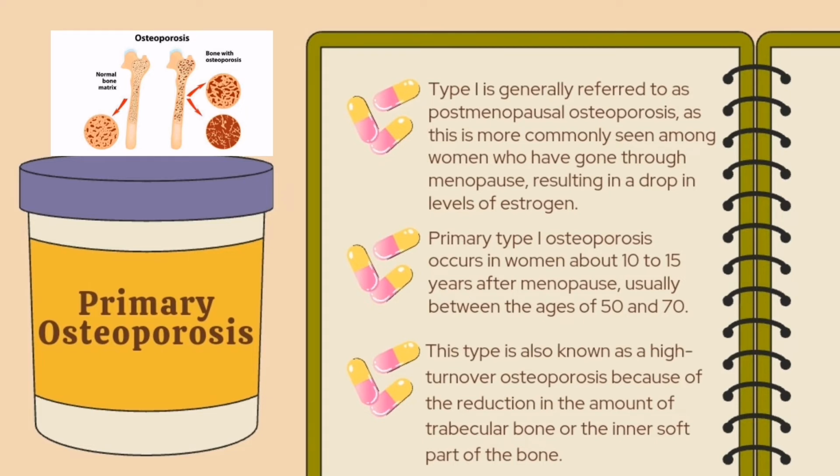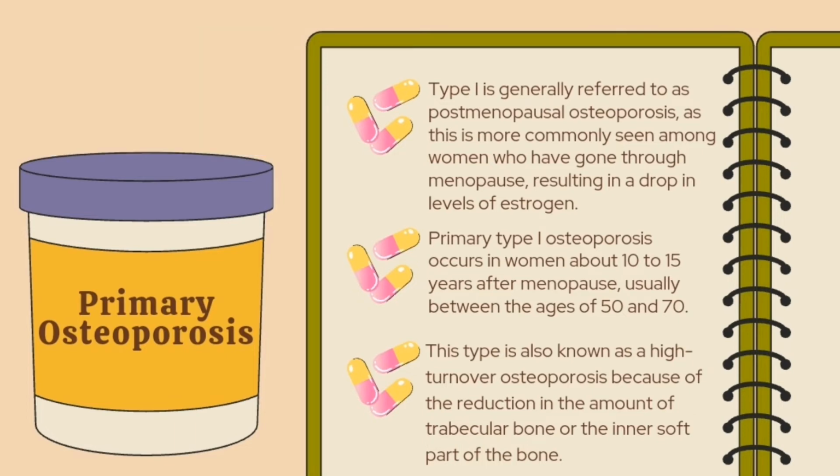Primary type 1 osteoporosis. Type 1 is generally referred to as postmenopausal osteoporosis, as this is more commonly seen among women who have gone through menopause, resulting in a drop in levels of estrogen. Primary type 1 osteoporosis occurs in women about 10 to 15 years after menopause, usually between the ages of 50